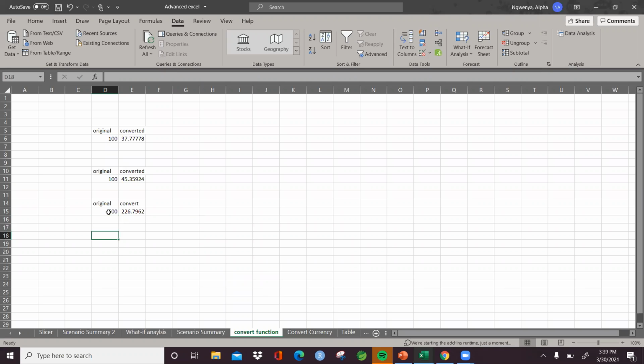You basically just use the convert method. So equals convert. You put in the original number that you want. Do not hard code it. Take the number from the cell so that you create a link between the cell and the number that you're converting. So that when you change it, like here, now if I change this to 195 and I press enter, it will automatically change that to